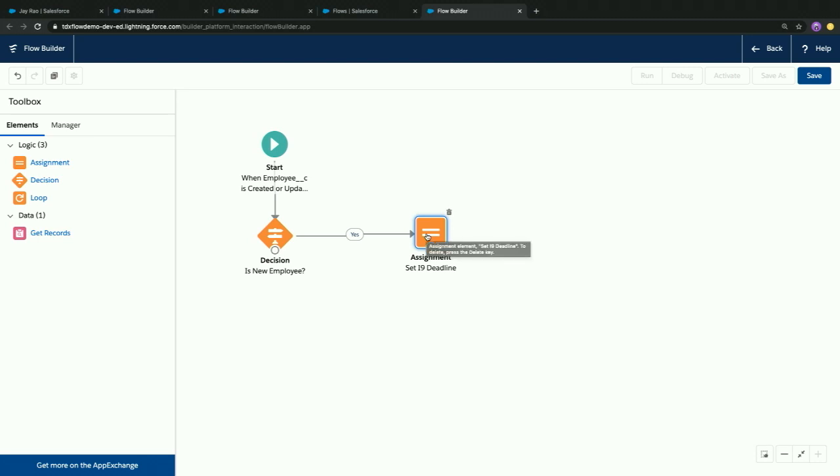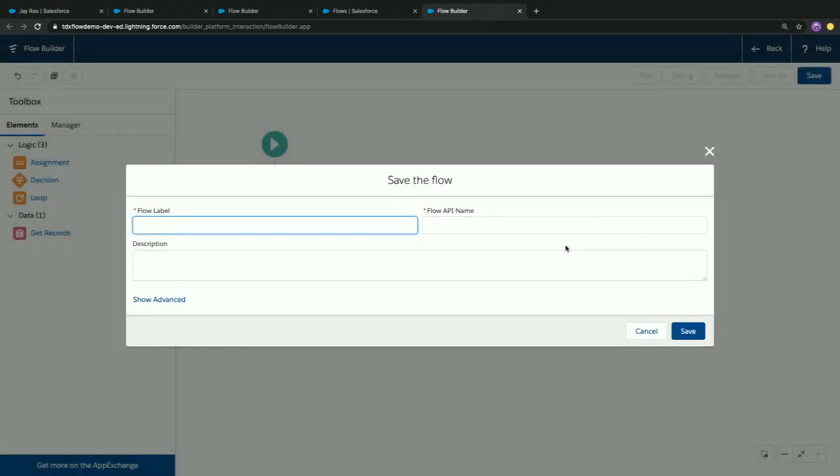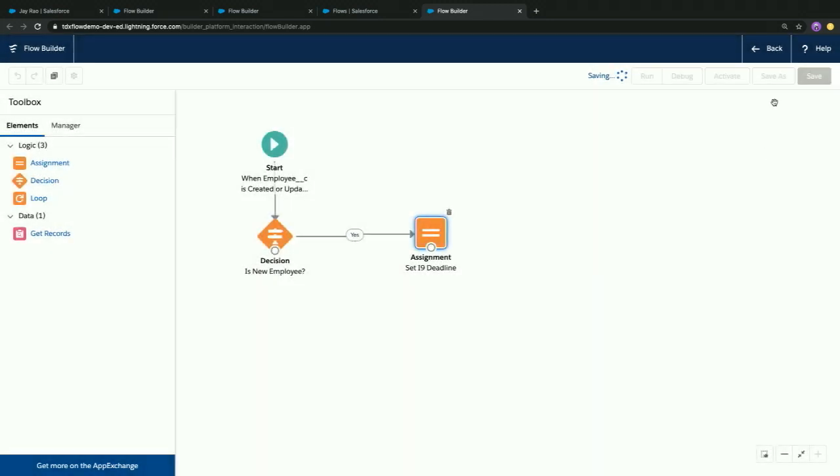So you'll notice I didn't do an update here. And the reason for that is that when the flow ends, this flow is going to start for every record that meets the criteria. And when it ends, it's just going to automatically update $record. So we'll just save this, and we'll call it employee record changes. And save. And we'll activate it.